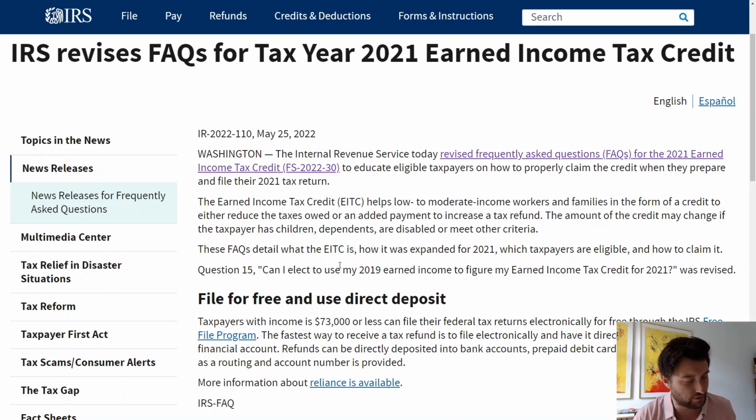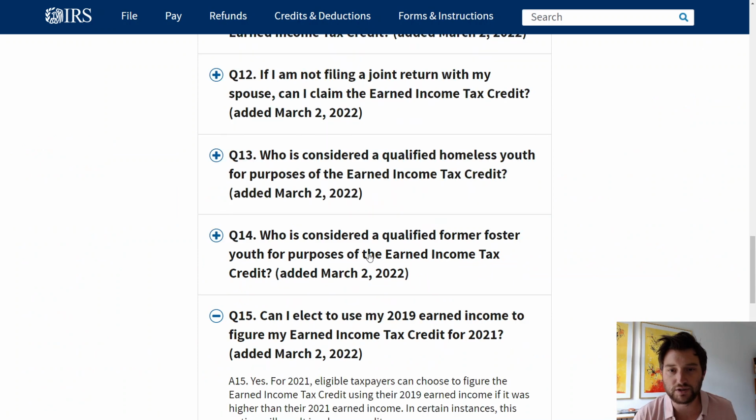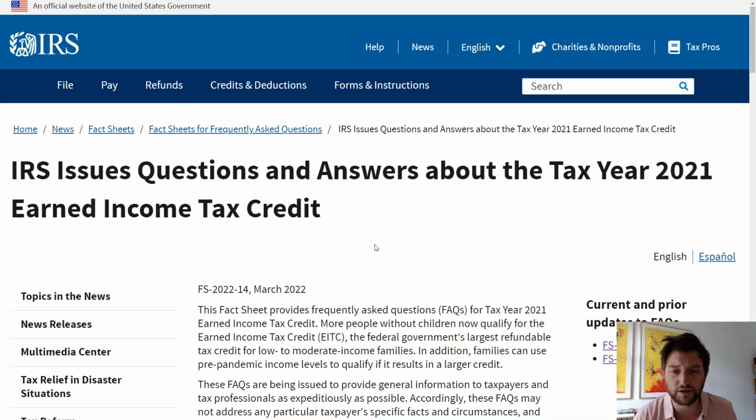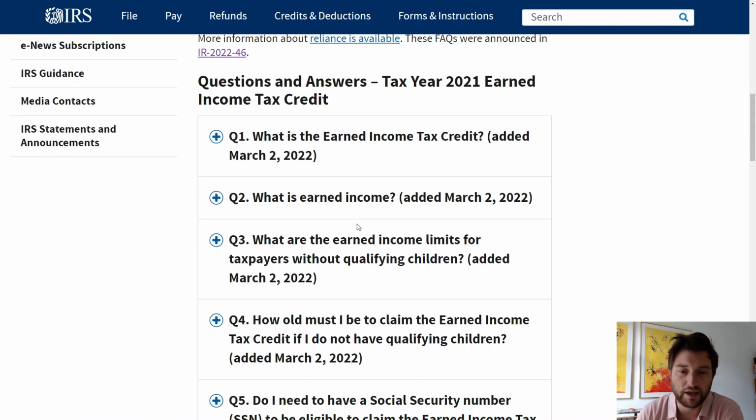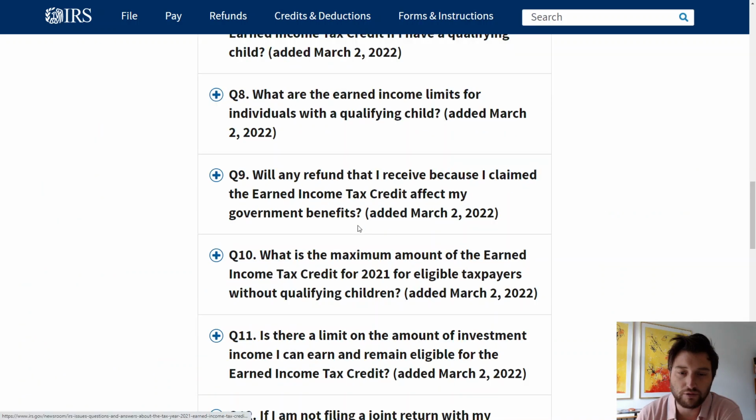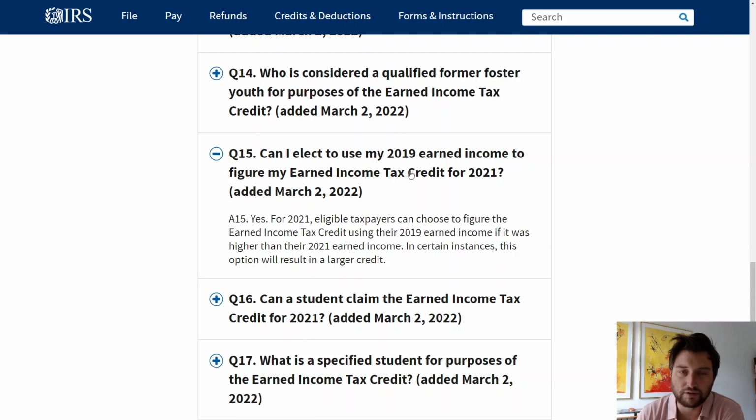Okay, if we jump over to the revised FAQs, these were originally published back in March. If you scroll down to question 15, again it asks, can I elect to use my 2019 earned income? And the answer is yes, right? For 2021, eligible taxpayers can choose to figure your EITC for your 2021 Form 1040 using the higher of your 2019 earned income or 2021. Okay, now in some cases, as it notes there, this could result in a greater amount of